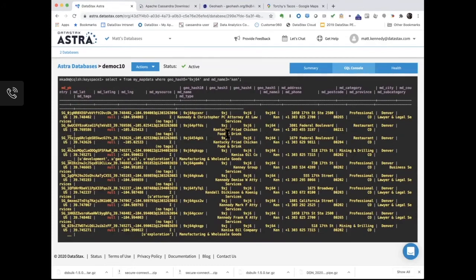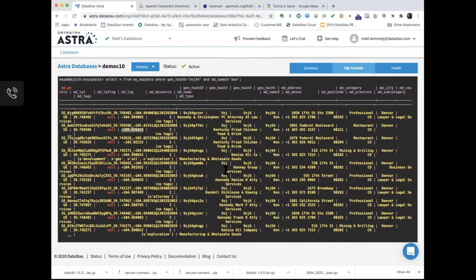But in this case, I think I am going to go find this Kentucky Fried Chicken. If I were building this in an app, I would basically fetch this row back and pass these coordinates into my mapping layer in JavaScript, and it would show up as a pin drop on the map. So pretty cool way to get geospatial functionality out of Astra.